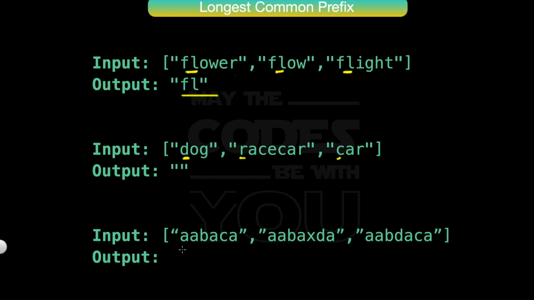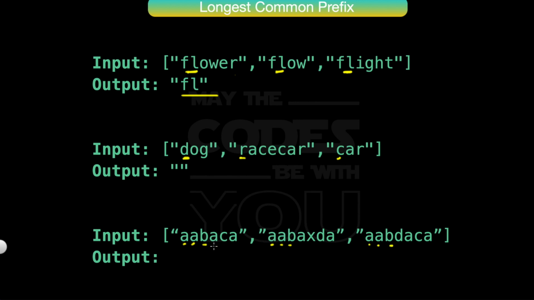Now let's see another example. You should try this yourself first. Now I'll try it. So A, B, A, C, A common, A common, A common, and the next A is also common. Now we can see that this B and this B is common and this B is also common.